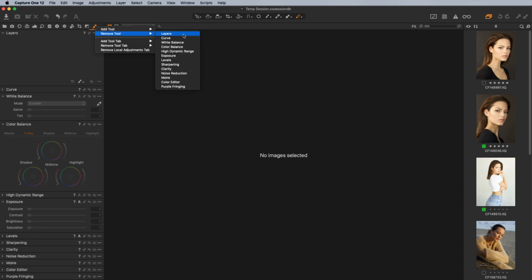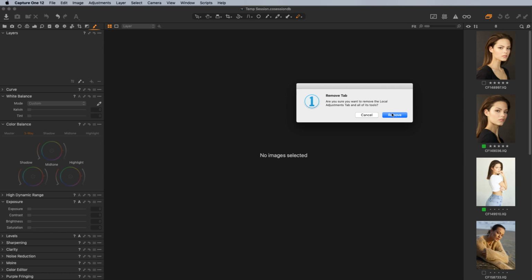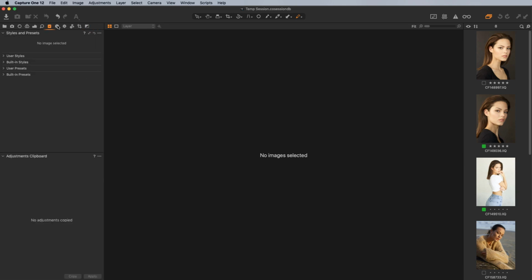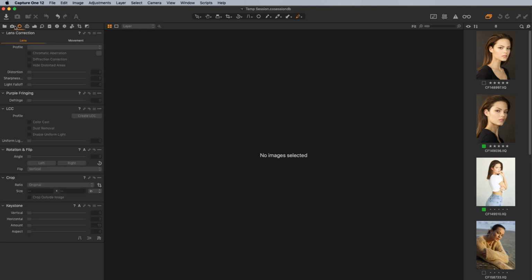And we can remove this tool, for example. So if I don't want the local adjustments anymore, I can go into here and remove Tool Tab. Sorry, I've got to remove Tool Tab, local adjustments, and yes, remove, and that will put that into here for us. So breaking down these individual tool tabs,